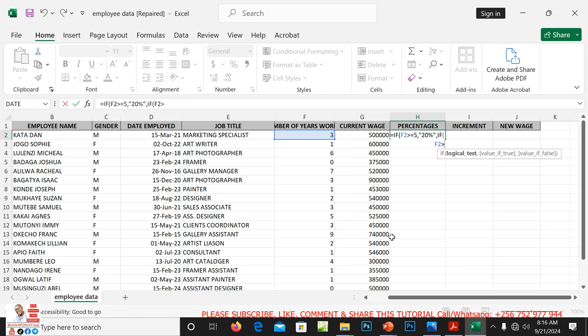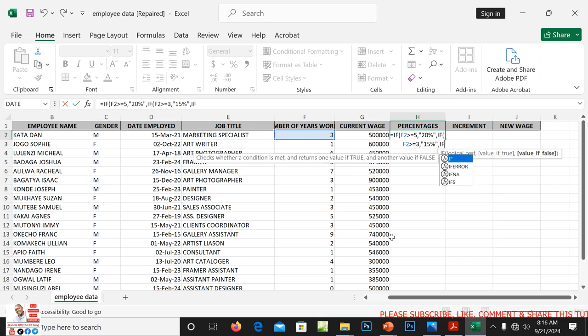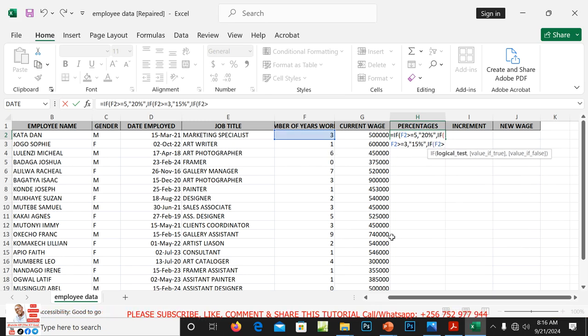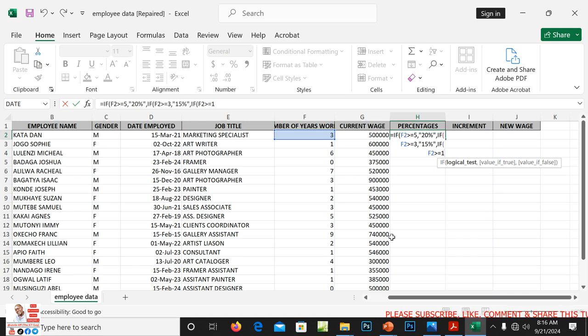is greater, if F2 is greater or equal to 3, comma, open the quotes, this person receives a 15% increment, close quotes, okay, comma, IF, open the bracket, F2 is greater or equal, I'm going to explain this, if F2 is greater or equal to 1 year, comma, open the quotes, this person gets a 10% increment,